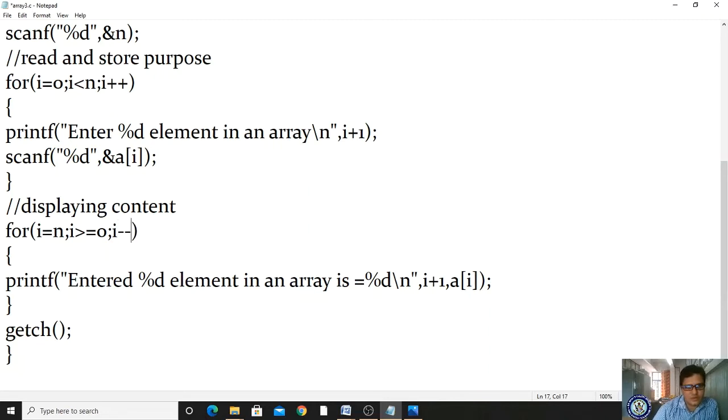Okay. Here it is not required. Here it won't come. Then